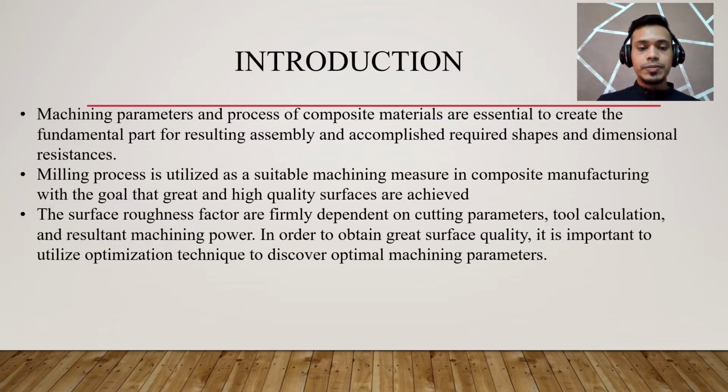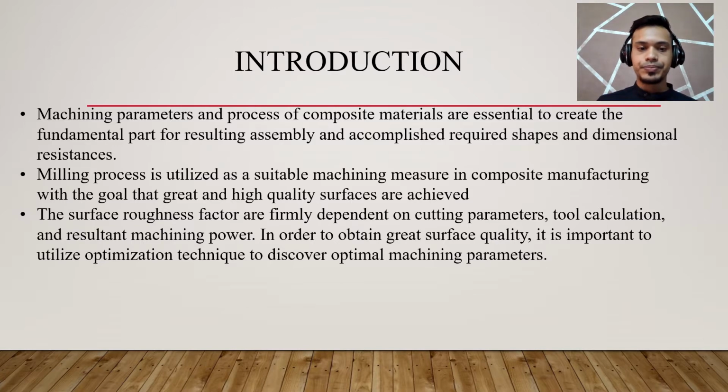How are we going to cut this material, CFRP? The answer is the milling process. Milling process is a very suitable machining measure in composite manufacturing with the goal that great and high quality surfaces are achieved. But the surface roughness is all dependent on cutting parameter, tool calculation, and resultant machining power. The machining parameters involved in these experiments are three things, which are cutting speed, feed rate, and depth